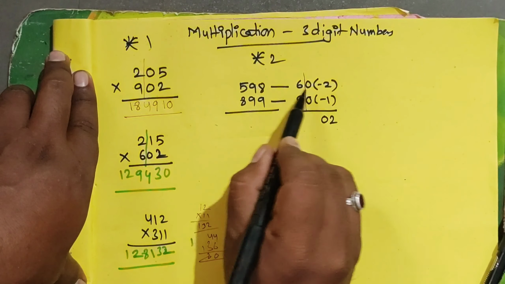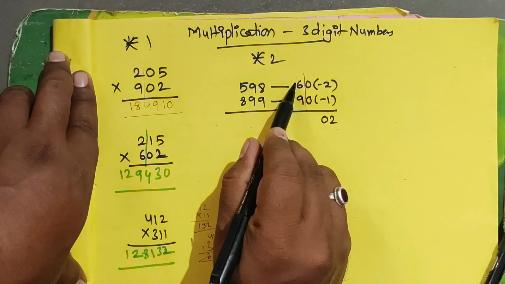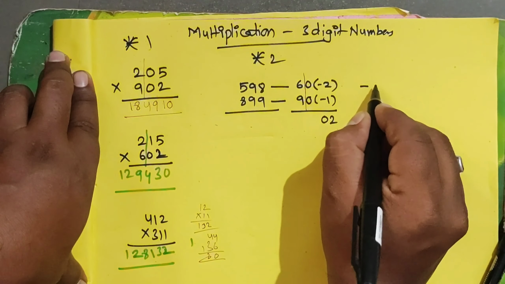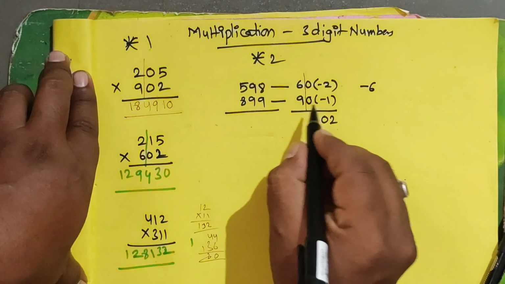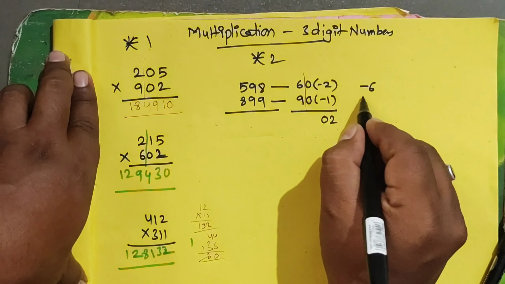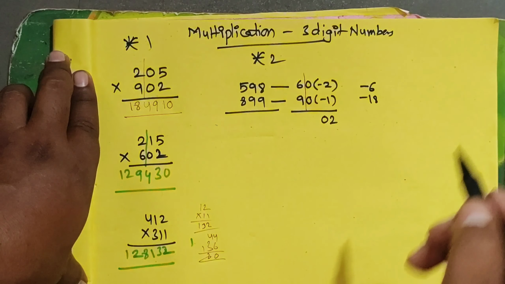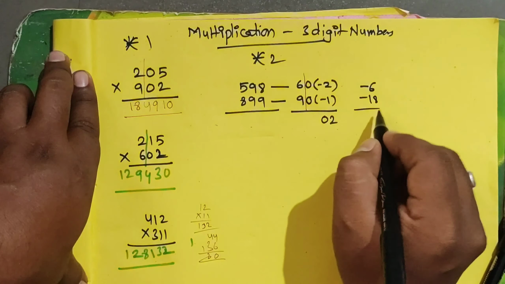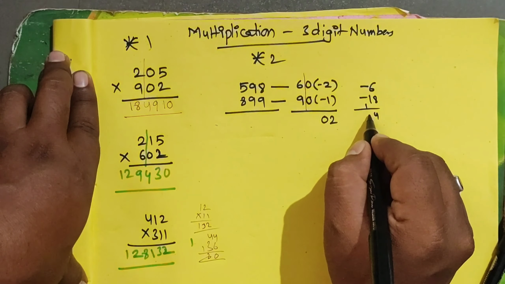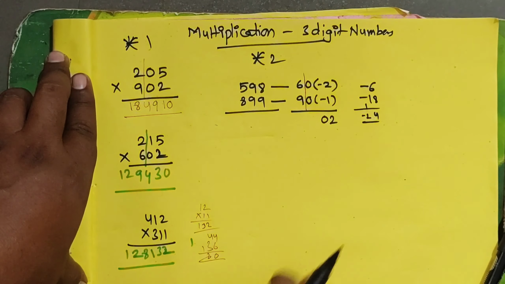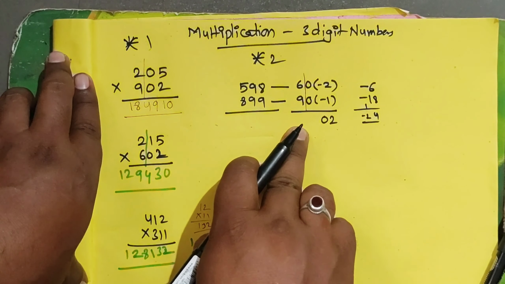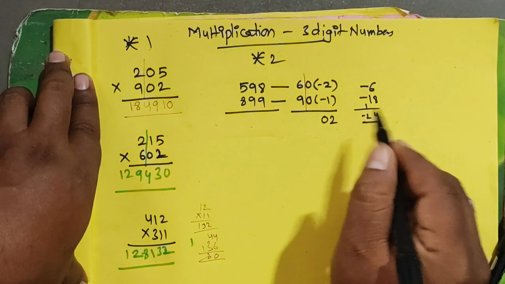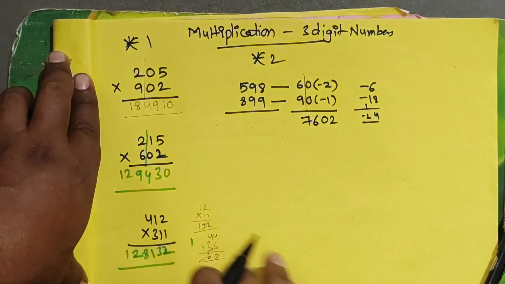Now take the cross multiplication here. So 6 into minus 1, that is become the minus 6. Don't forget the signs. 9 2 ja 18 become the minus 18. So now how much here we get here? 6 plus 18, 24, so minus 24. Minus 24 we can't write in the answer. That's why we have to remove from the 100. Therefore 100 minus 24 become the 76.